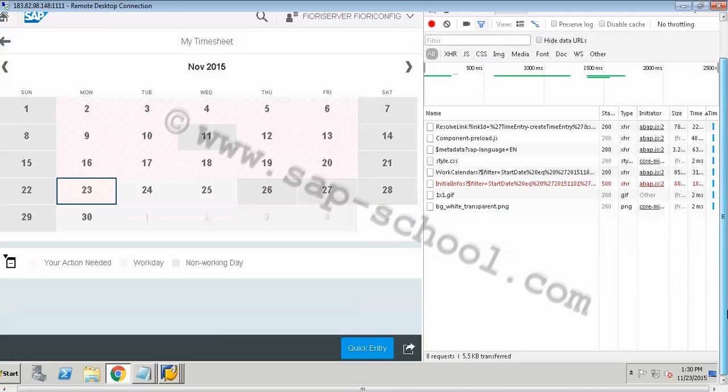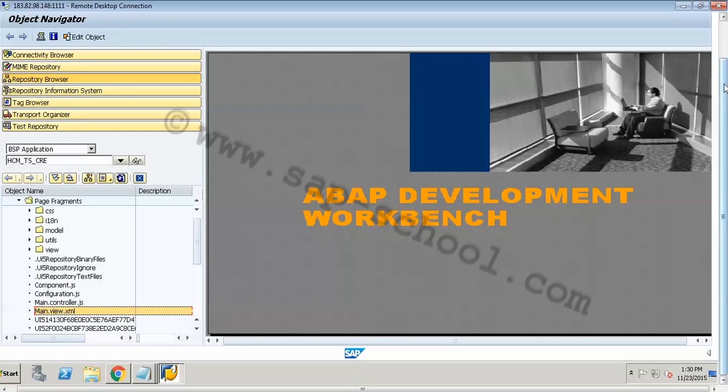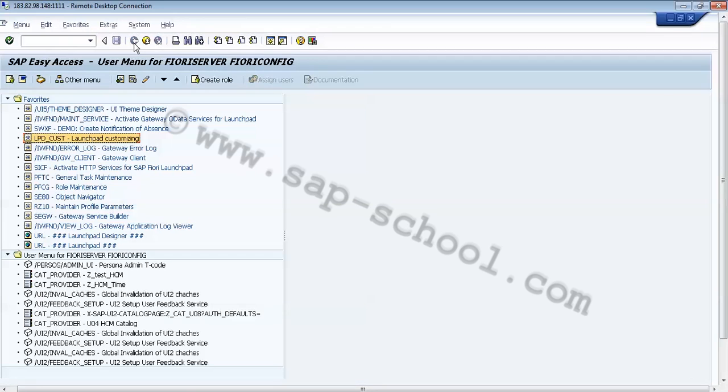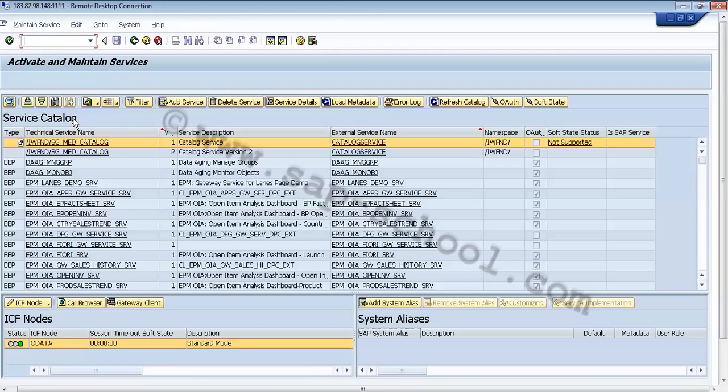If I go back to my system and enter the transaction IWFND maintain service, double click it and click on this filter, either we can use the filter or we can scroll down to check the name of my service.